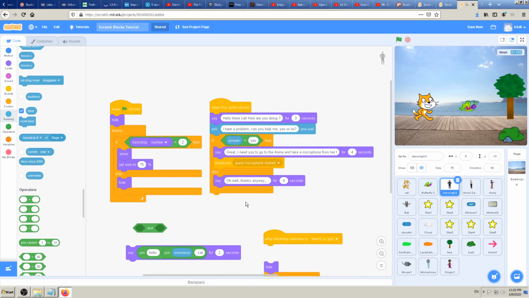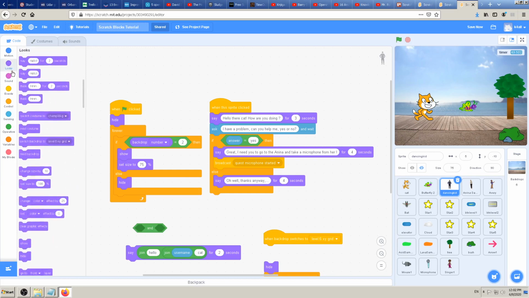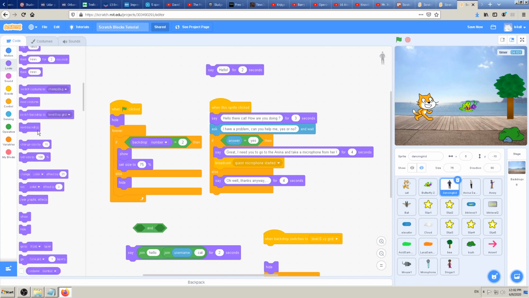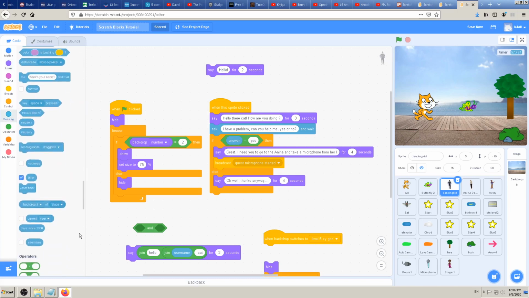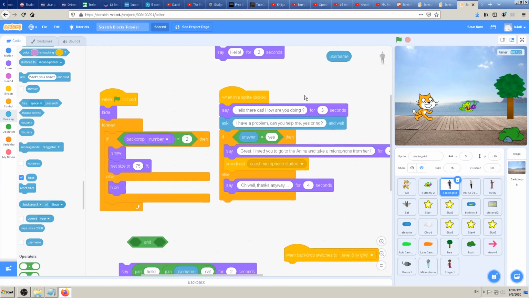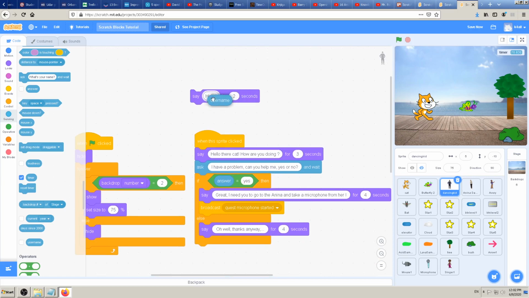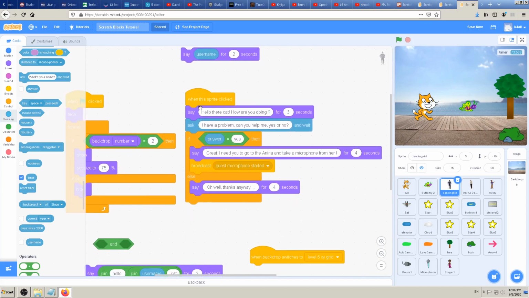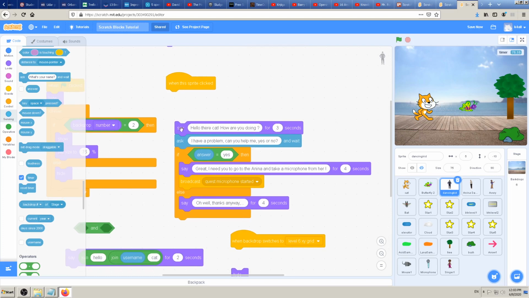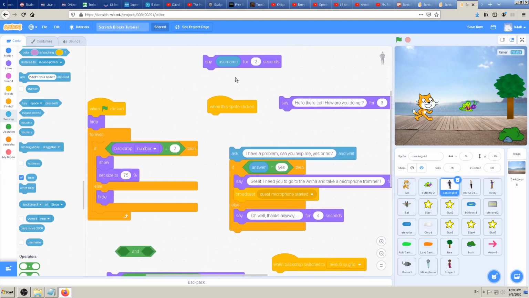In my case it will be K for all. Okay, so instead of saying "hello there cat, how are you doing", I will make another one which will say hello, and I now have to find the username block, which is one of the sensing blocks, the last one at the bottom, and drag that block here. I can click and drag and drop it into this block, you can see that, and if we detach the previous one and attach this one,